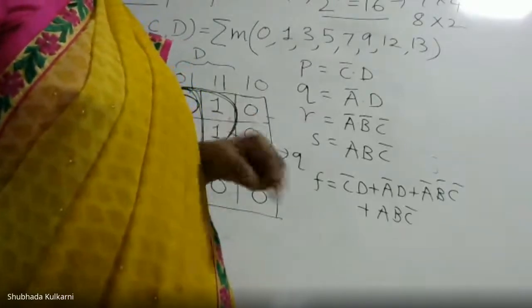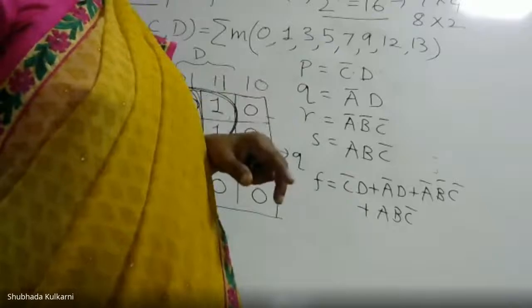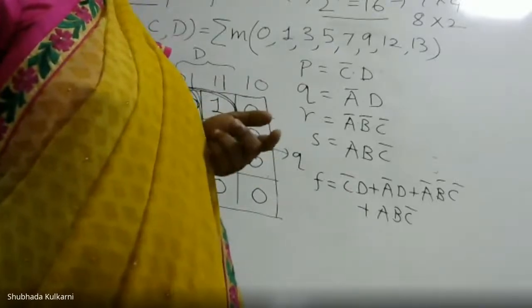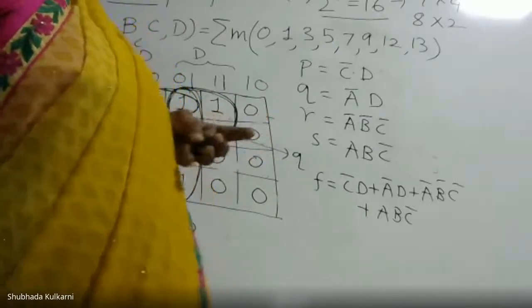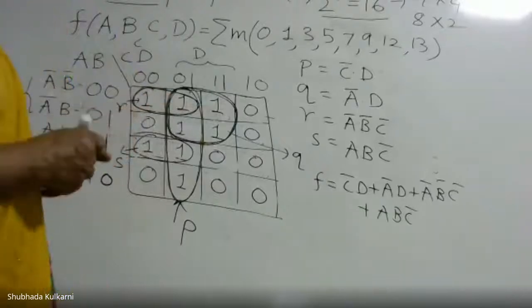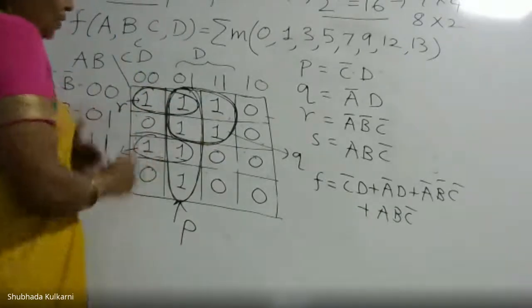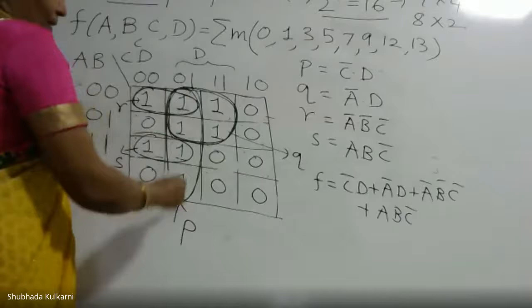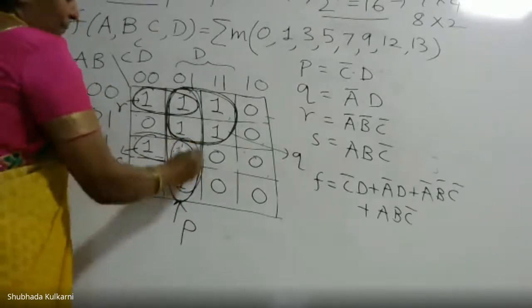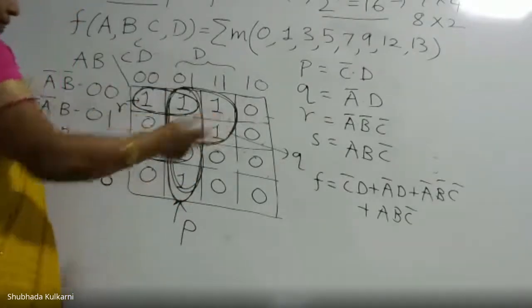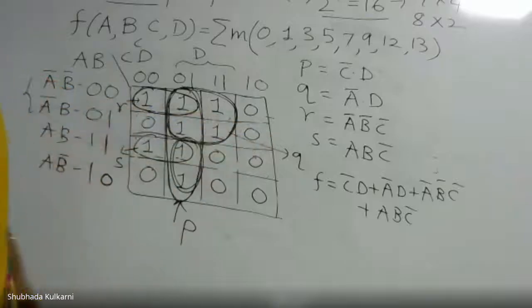If you cover all the ones and make larger groups, then further simplification is not possible. But sometimes it's possible. When? I will tell you. Some student might not have done this vertical chord P. They have done only this pair. Then you get one more step in the simplification.